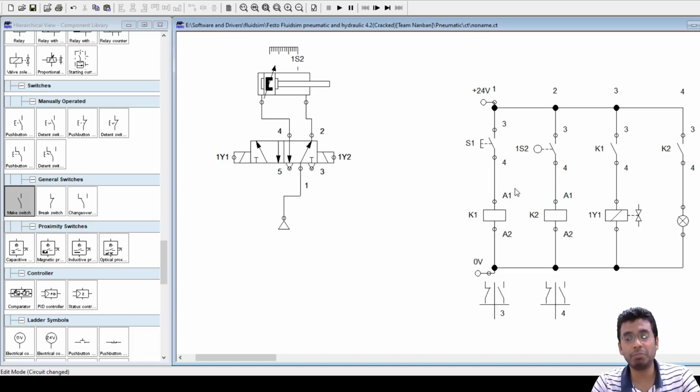Fine. So we'll stop here. We'll continue with the practice session in tomorrow's class and in the class next week, on Thursday. We'll try all the problems, your AND circuit, OR logic, and all the different types of problems that we did with pneumatics. We'll try the same with the electro-pneumatic circuit. Till then, you can practice here. Yes, so one second.